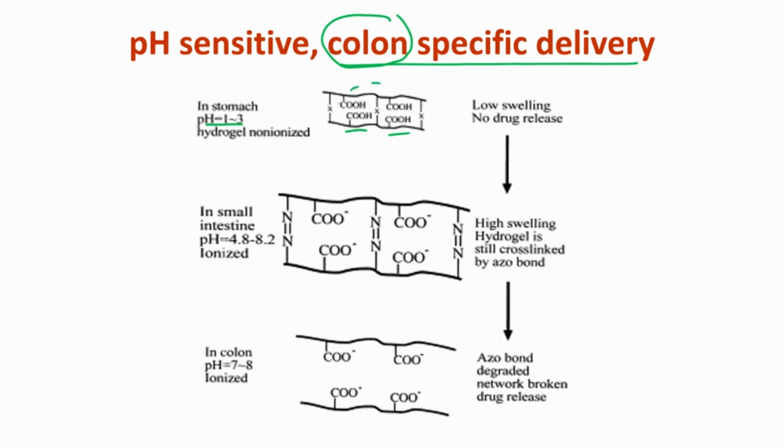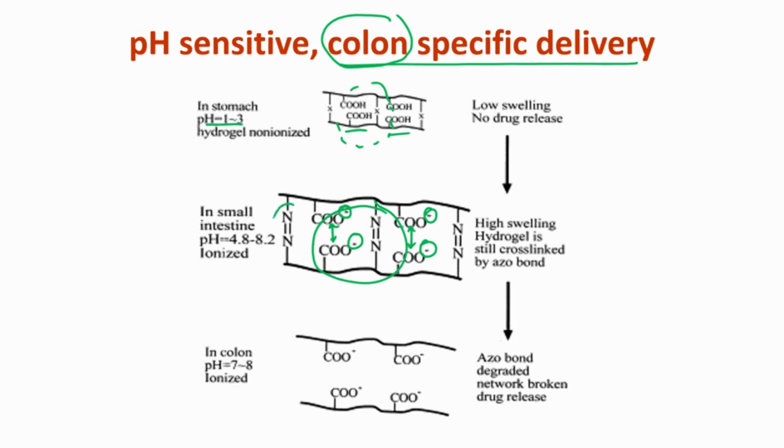So, maybe your drug is quite big, maybe this is the drug and it can't really diffuse out, but as the pH increases, the carboxyl groups become deprotonated because of this ionic interaction also. So, this is a repelling force now that will happen, the electrostatic repulsion. This will increase the pore size, and so now maybe your drug molecule can come out. So, if you want to deliver to small intestine, this might be enough, but what further can be done is